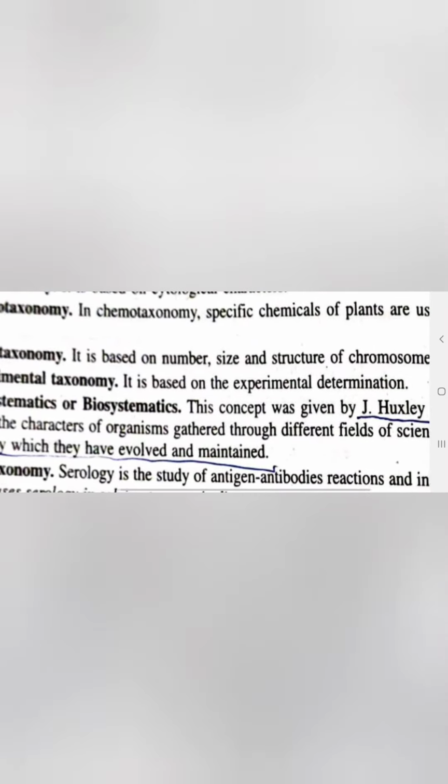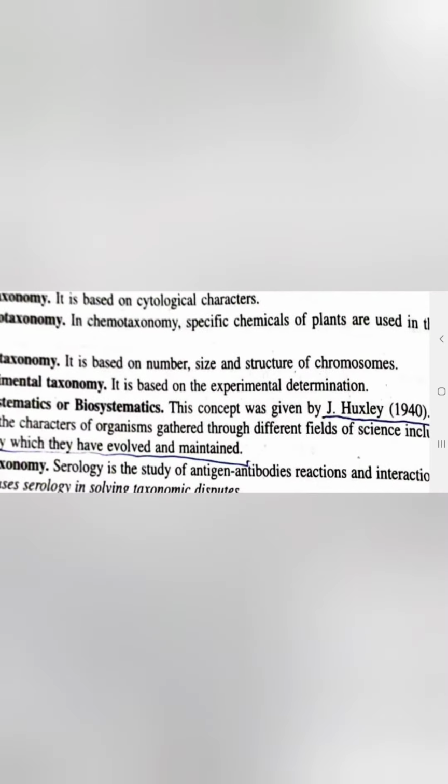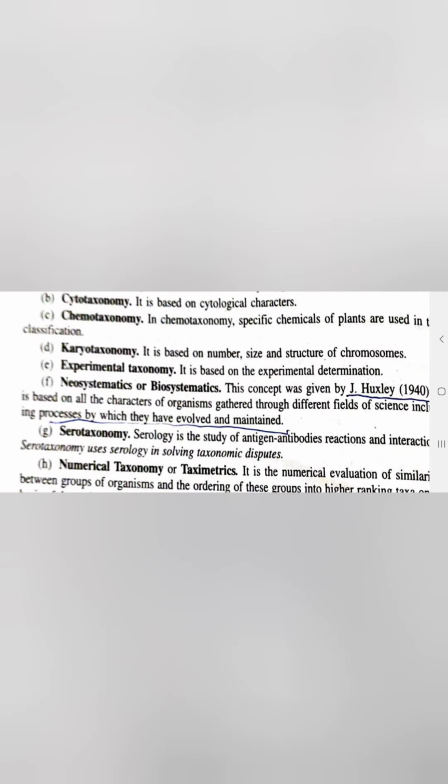Next is karyotaxonomy. It is based on the number, size and structure of chromosomes. So here the base of classification is chromosome. We know very well that if we have the same number of chromosomes, then we categorize organisms as members of the same species. Likewise, we can also see here if there is presence of some giant chromosome like your polytene chromosome or lampbrush chromosome, or there is presence of sex chromosome inside the cell, all these act as a base for the classification of that organism or plant, and that is included in the type karyotaxonomy.